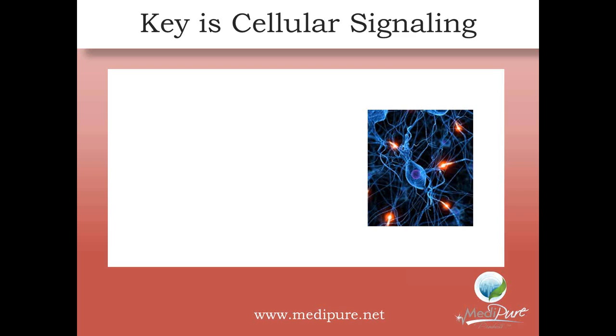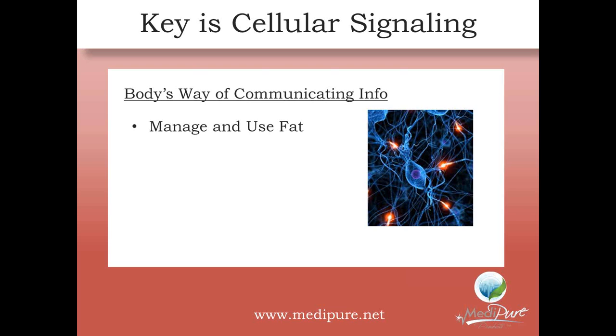Now the key to all this is really cellular signaling. Cellular signaling, to put it in a very short way, is the way that the cells communicate with each other. The cells communicate through electromagnetic communication. Long story short, it's through the electrons that they're able to pass information back and forth. That's both within the cell itself as well as from cell to cell. And that's how the body is able to perform a lot of its functions. Not all of them, but a lot of its functions are performed this way,